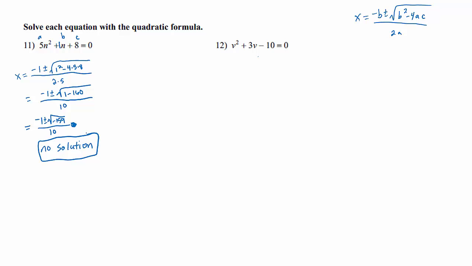12. So we're going to label A, B, and C. A is 1, B is 3, C is negative 10. And we're going to do,